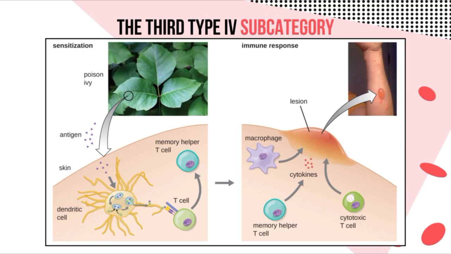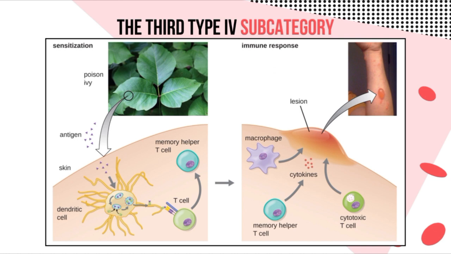A specific example of type 4 hypersensitivity, which is classified under the subcategory 3, is contact dermatitis, which is a result of exposure to allergens from poison ivy, which is called the hapten. So, in this example, on the first exposure or the sensitization, the allergens enter the body, and then the T cell, which are the commander responsible for recognizing and remembering the antigens,